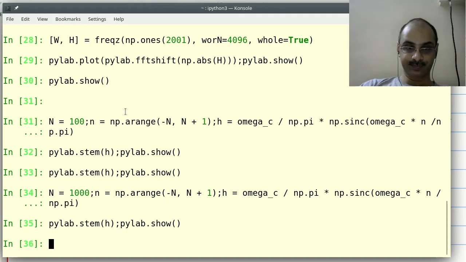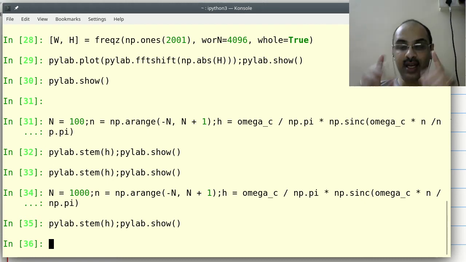Okay, so if you want to understand the cause for the ripples when you truncate an ideal low pass filter, they appear because of the convolution with the Fourier transform of the rectangular window, which looks like this ripple-like shape. The ripple-like shapes tend to reduce as the rectangular window becomes larger, but they disappear only when you use an infinite rectangular window, which means no windowing.